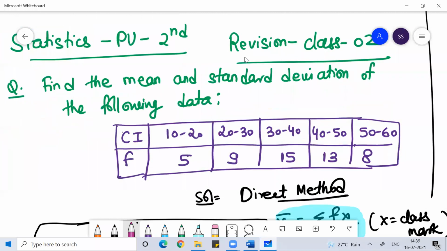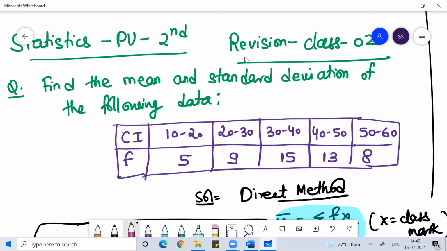Here, guys, if you notice the class intervals, this class interval is a continuous class interval. While solving a problem on a normal distribution curve, whether it is about mean, median, mode, arithmetic mean, geometric mean, or standard deviation, quartile deviation, mean deviation, whatever calculation we do, if the class interval is not continuous in nature, we need to make it continuous. In this problem, the class interval is continuous in nature, so we don't have to change anything.